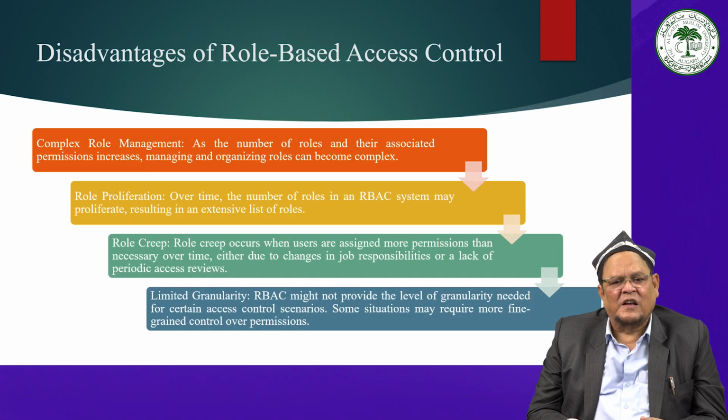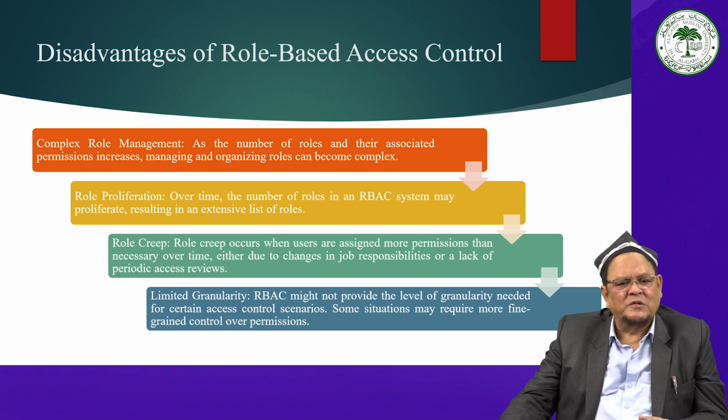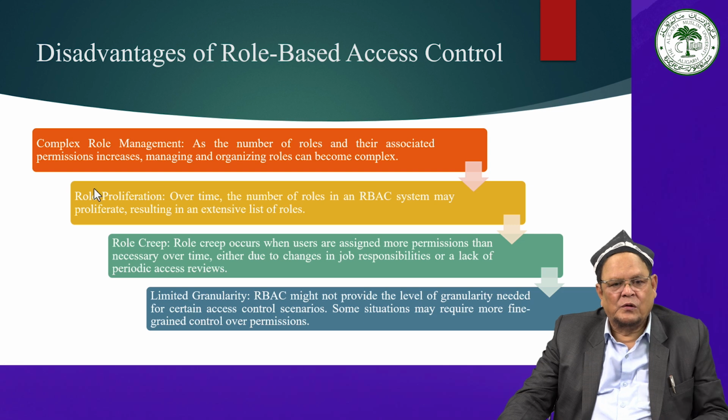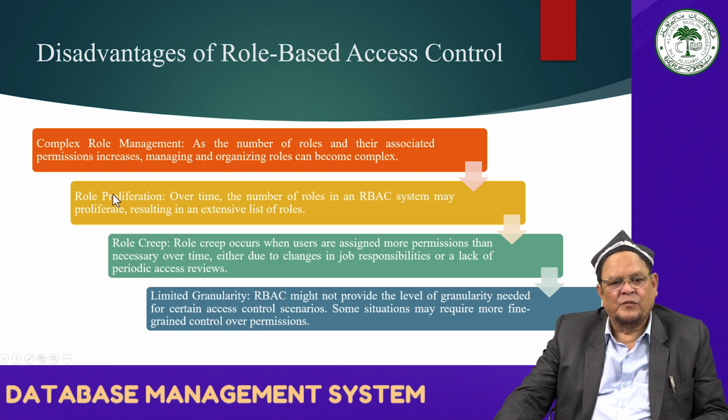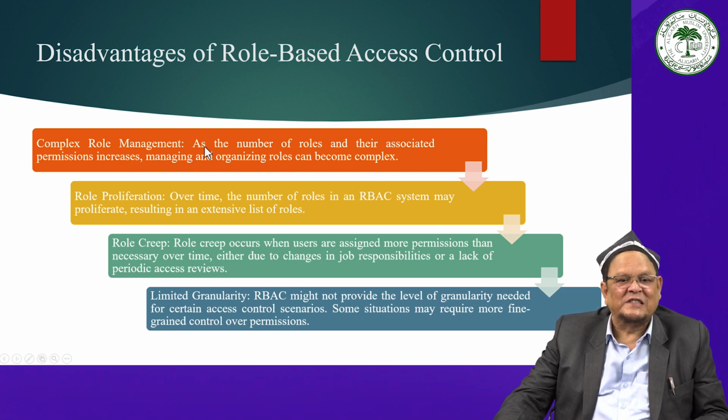The disadvantages, I am also giving in the diagram with different colors. Complex role management, role proliferation. Over time, the number of roles in an RBAC system may proliferate, resulting in an extensive list of roles. Complex role management: as the number of roles and their associated permissions increase, managing and organizing roles can become more complex. So these are drawbacks: complex role management, role